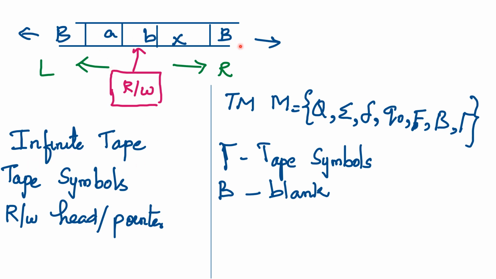of memory. The tape symbols may be input symbols as well as the blank symbol, and the input is the alphabet, input characters alone, plus the read write head or pointer. So this is 7 tuples in total: Q, epsilon, transition, Q naught, F, as in a finite automaton. Additionally, we are adding two symbols, the tape symbol as well as the blank symbol,